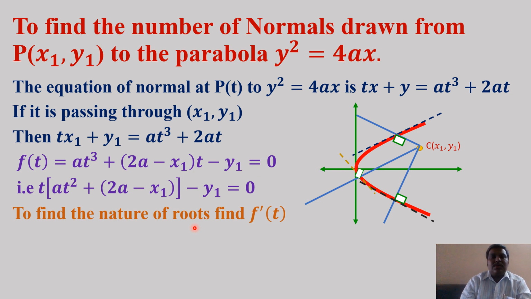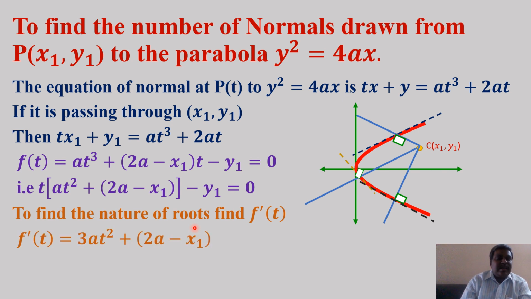So we are entering into calculus. To get the nature of the curve, what do we have to do? We look at the derivative of the function. For that, you take f dash t. Why are we considering f dash t? To get the local minimum and local maximum. If we get the local minimum and local maximum, we get the turning points. Understand?